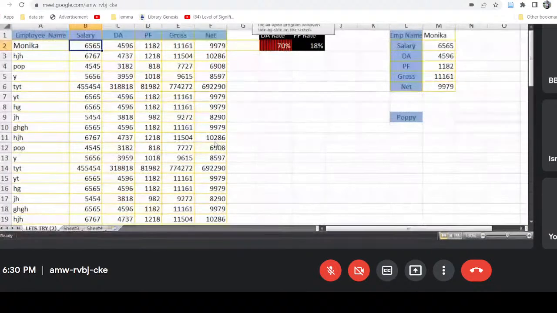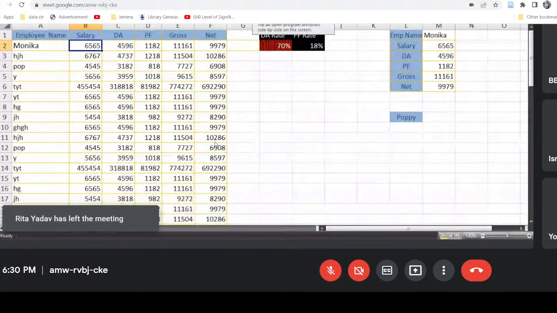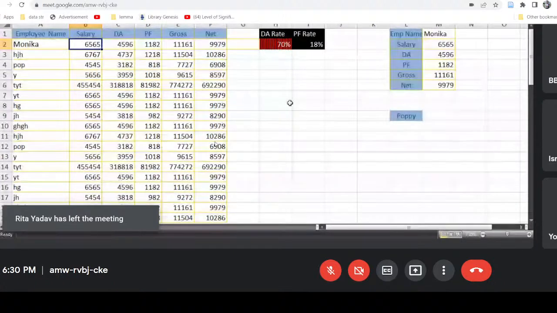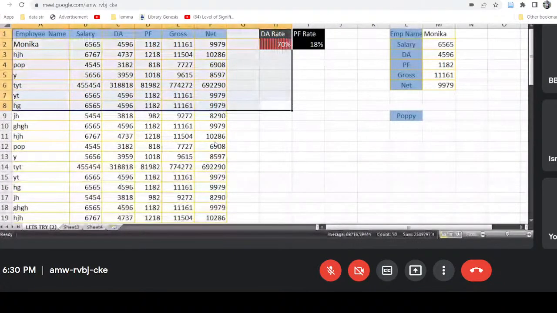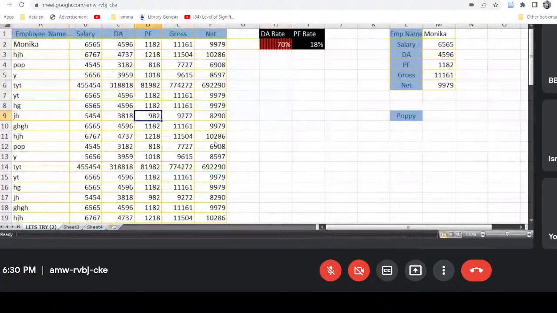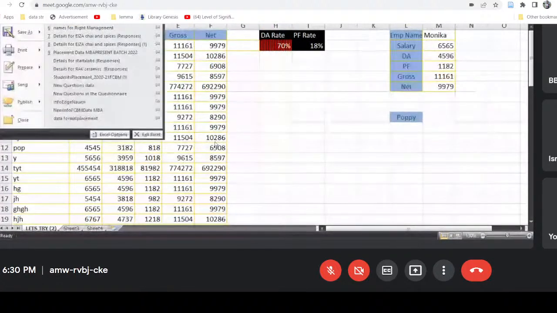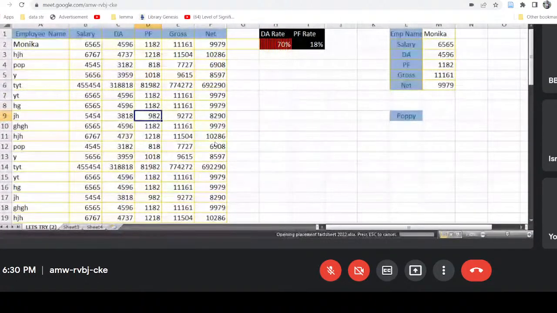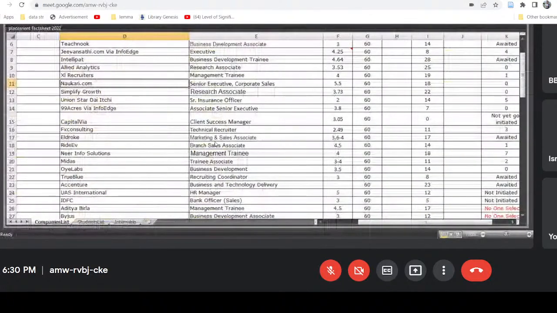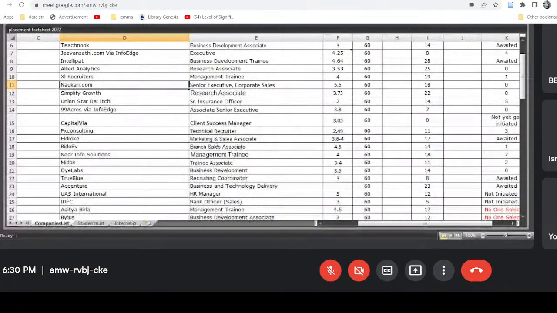Okay, let's see another option, that is arranging the windows. As of now, we have only one file that is open. Let's open one more file, that is placement fact sheet. I have this another Excel file with me. Now, if I click on this Excel icon at the down, this minimize ribbon button, I'll be able to see